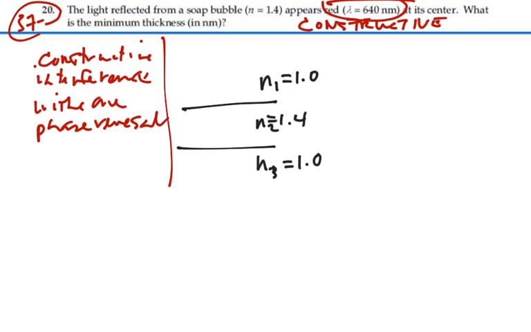So the light coming in might look something like this. It's coming in, I need to use red. It's coming in, refracting towards the normal here, reflecting as we go from a higher index to a lower index, like this, and coming out, and that light is being preferentially constructively interfered. But we are going to have one phase reversal at this first reflection as we go from a lower index to a higher index, and no phase reversal at the second interface because we're going from a higher index to a lower index. So there's one phase reversal,